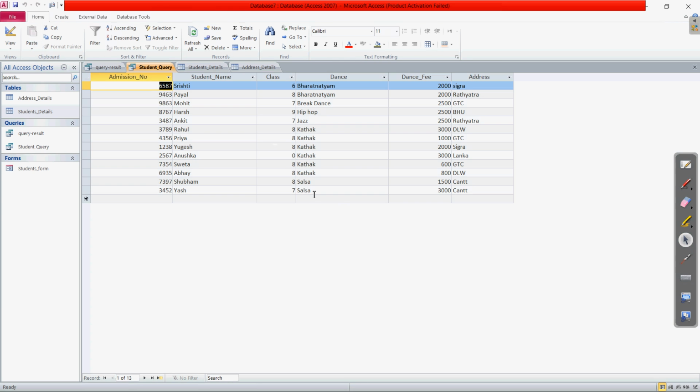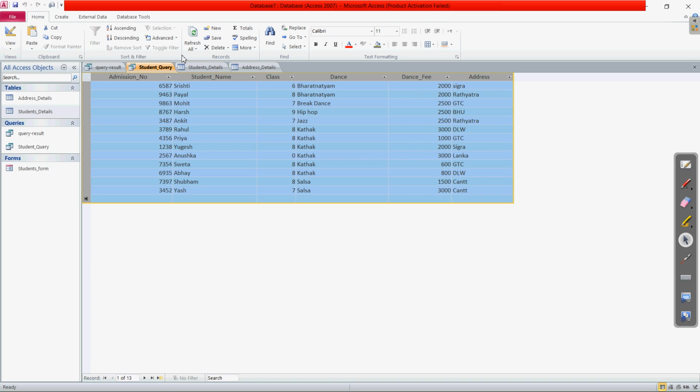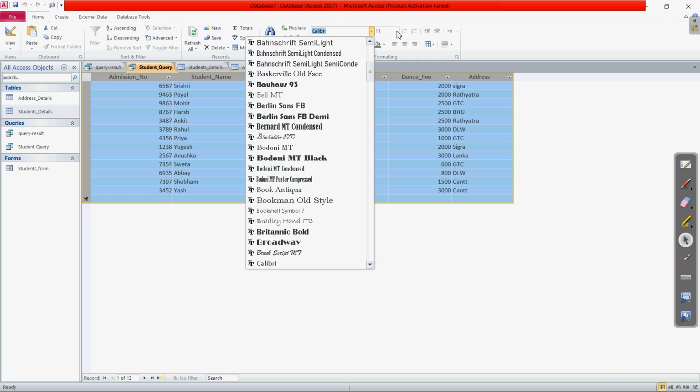So here you can see all the dance forms which we are having, they all are arranged in increasing order. Clear? You can see all of these names right now, let me increase the size if we have the option. Okay, then it will be visible better.